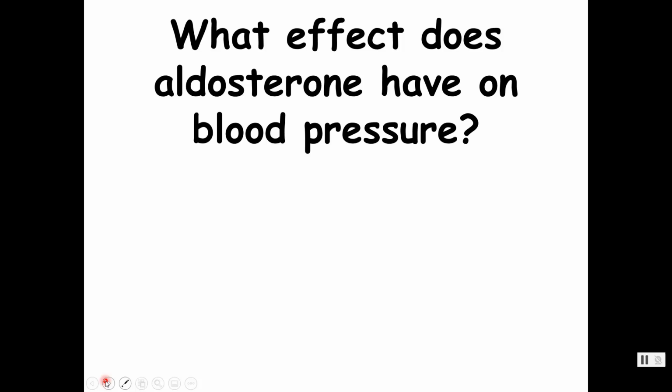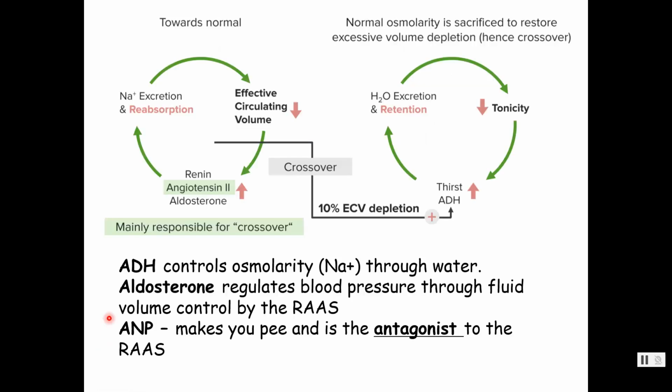What effect does aldosterone have on blood pressure again? So we talked about aldosterone, but we know that water has an influence over sodium through ADH. We just kind of covered that. So ADH controls osmolarity through the control of reabsorption of water, and aldosterone controls blood pressure through fluid volume. And so they do have overlap. And so just kind of saying they're working from different ends, but the same